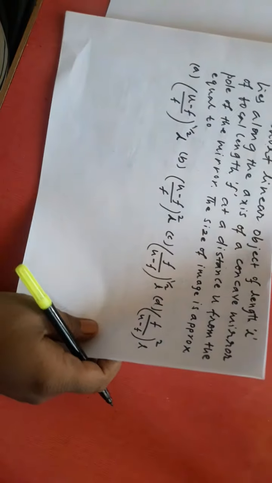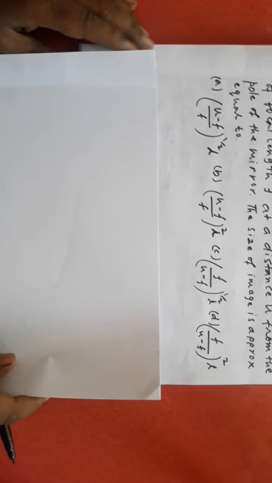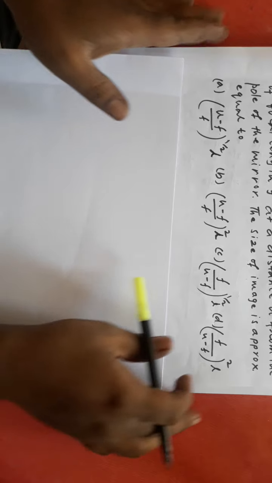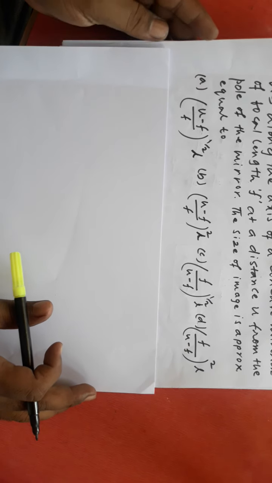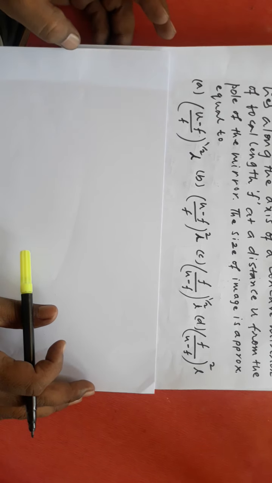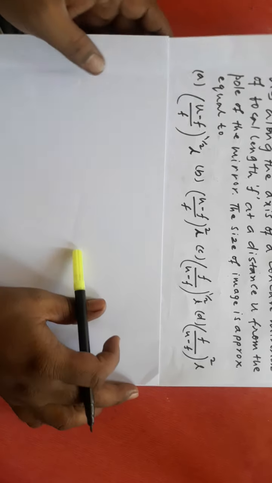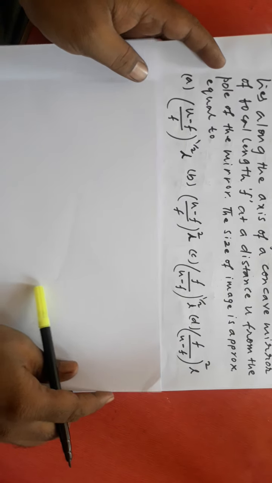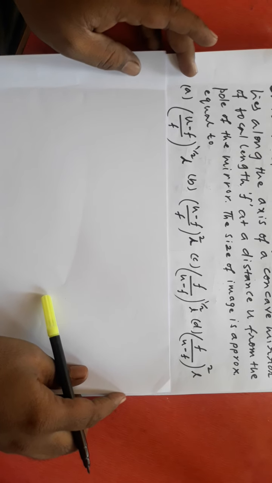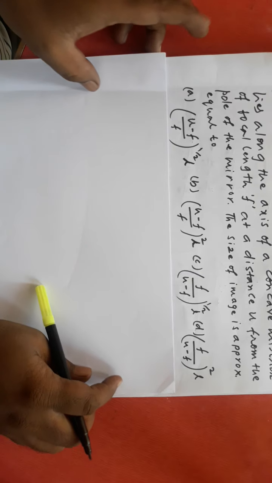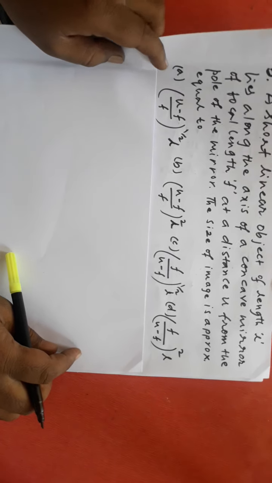We'll solve this. This is the last question that we solve. What is this question, you see? Is it based on linear magnification, lateral magnification or areal magnification? First you identify it. It will be lateral magnification when the object is placed along the principal axis. See, this is the case of lateral magnification. Observe this question.